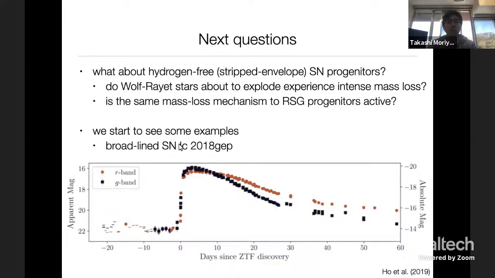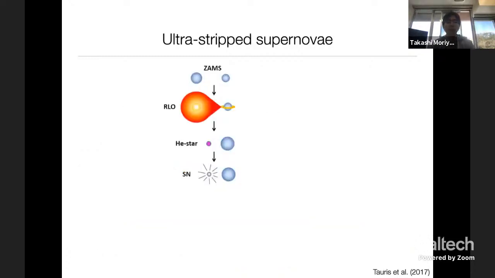And we start to see some examples of this kind of mass loss enhancement happening just before the explosion in Wolf-Rayet star explosions as well. This is one example, a prototype type Ic supernova, but we had some signature even before. And in relation to gravitational wave astronomy, this is very